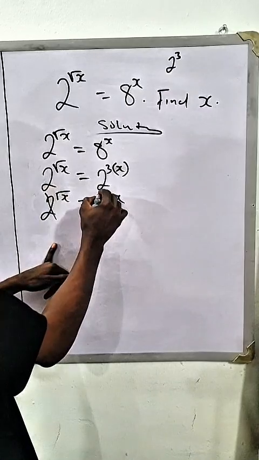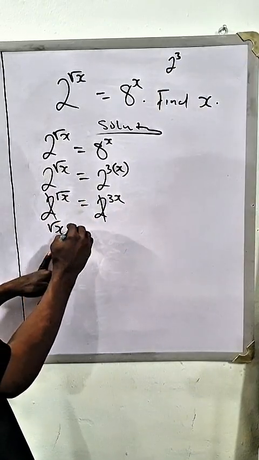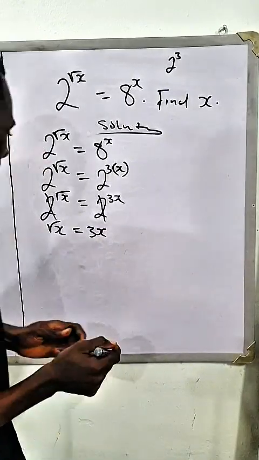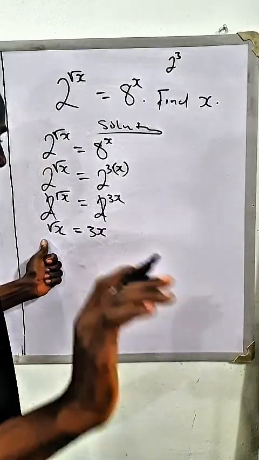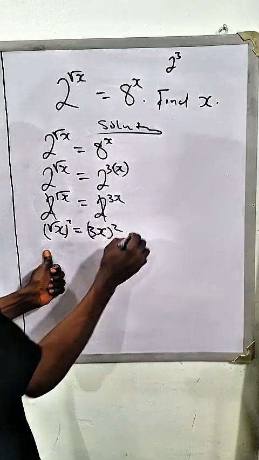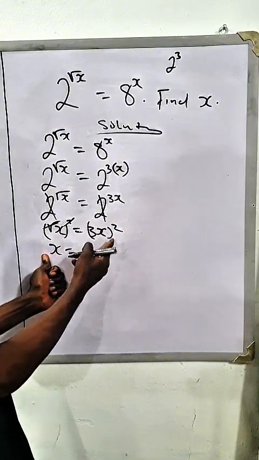I'll cancel out the bases. So I'm going to have that root of x is equal to 3x. So what do we do? Let's square both sides of the equation. I'll square here, square here. This square will cancel this root. x is equal to,